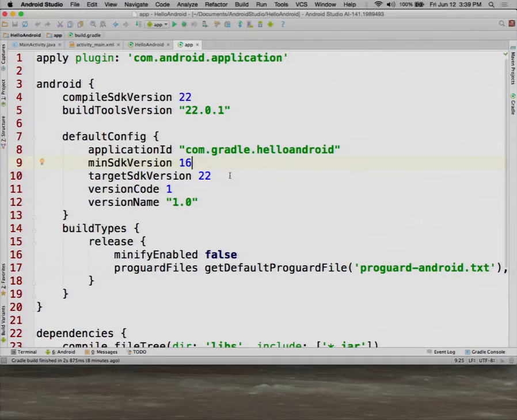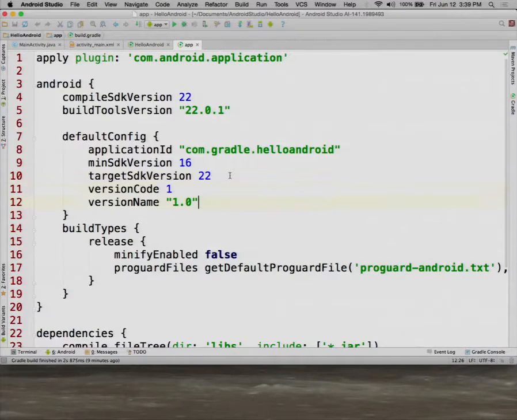Then the min SDK we mentioned. The target SDK they also used to prompt you for, and they don't anymore. This is the SDK version that you have basically promised you've tested on and are preparing for. And here they said 22, which again is the latest one. This one I might consider doing an older version on occasion.